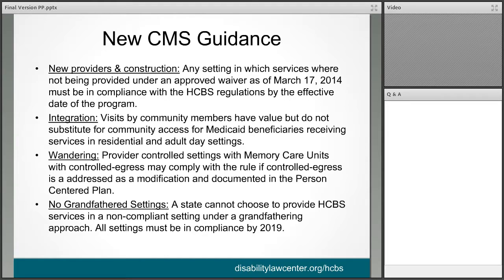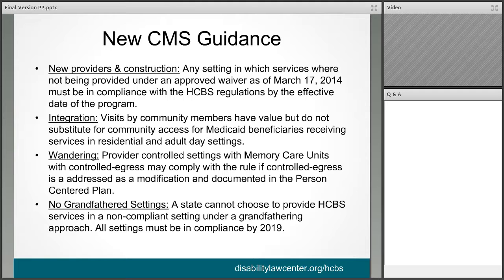If you look at this guidance, it's actually pretty long, and I think that it's pretty helpful. And so they talk about a lot of different environmental and programmatic changes that can be made to a setting in order to support a person that may have issues with wandering. And I think that this gets to the heart of the